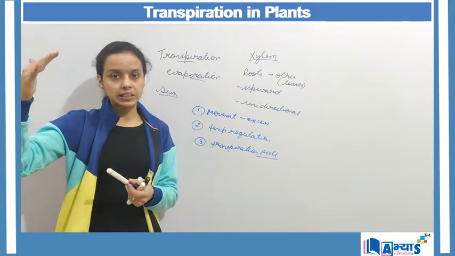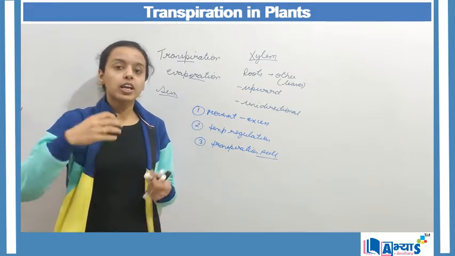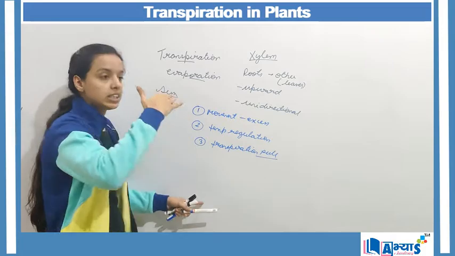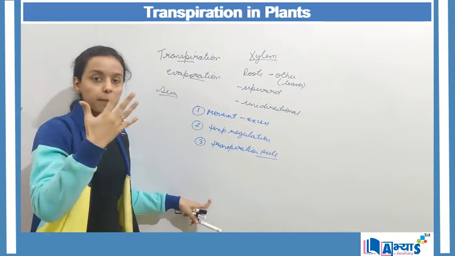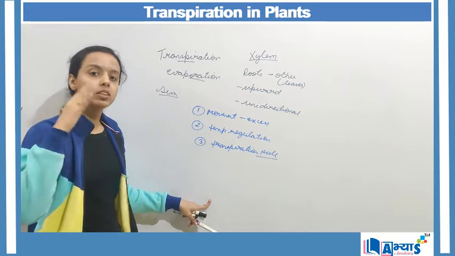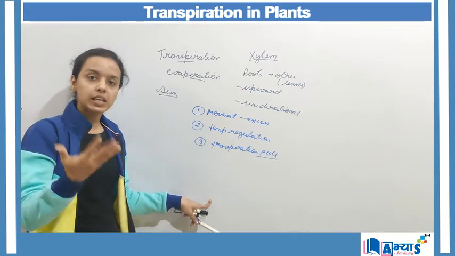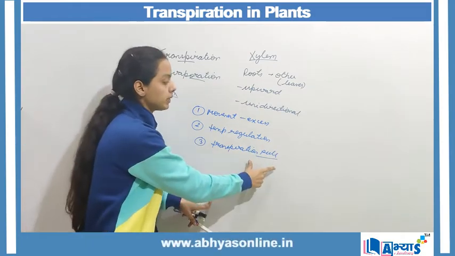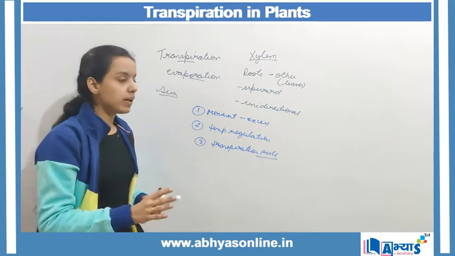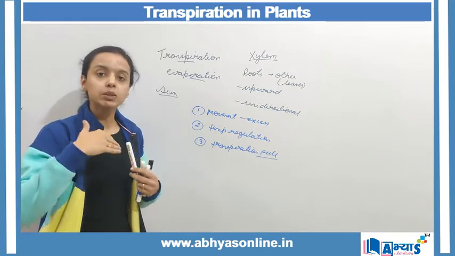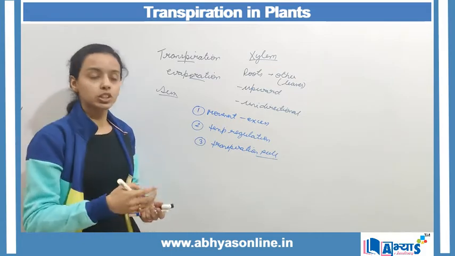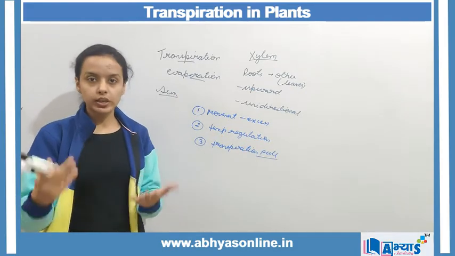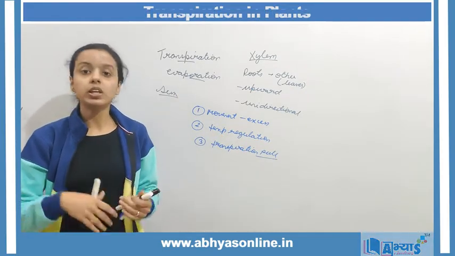Now when the sun at the maximum height tries to absorb water, the water molecules will start to rise in the stem. When they start to rise in the stem, that water can be absorbed by the leaves or the stem of that plant at the topmost height. That is known as the transpiration pull. It is very beneficial for the trees which have maximum height. So these are the functions of transpiration: to remove the excess water, to maintain temperature regulation in the plant, and for the transpiration pull in very tall trees.